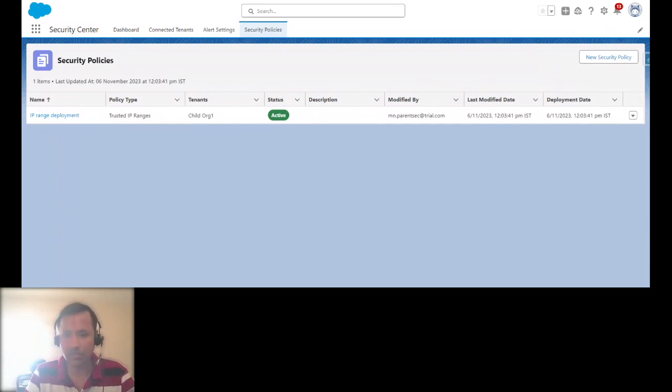So there are actually two permissions that are required for you to activate security center. One is the manage security center, which we saw at the profile level. The other security center permission will be,